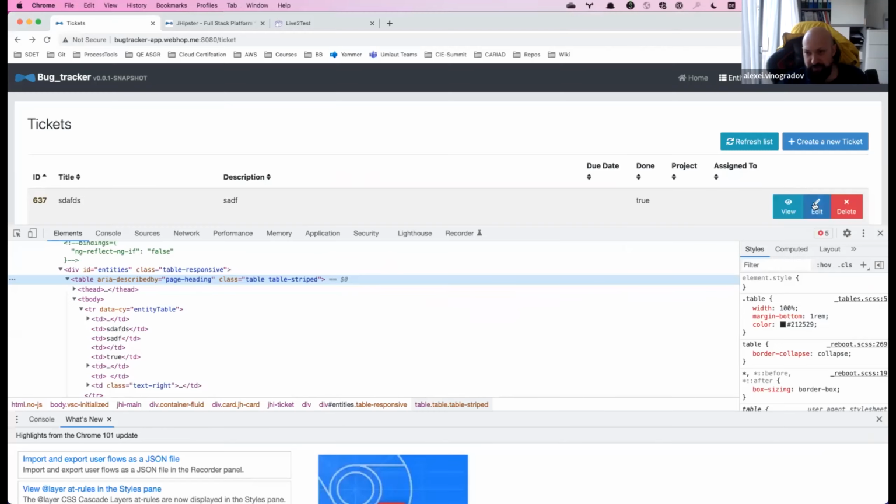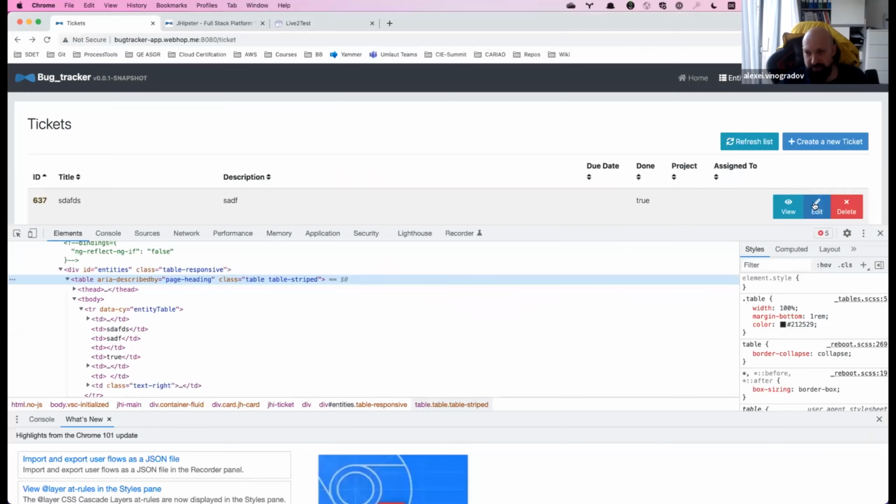For that, I also have written one helper method, also very short and simple, just a one-liner. For exactly the same reason, I want to be able to find these fields dynamically depending on the title, and then I will use it like this. So I will find this done field for this title, and it should have text true. Okay. Just to save some time, I will copy the rest of the test.